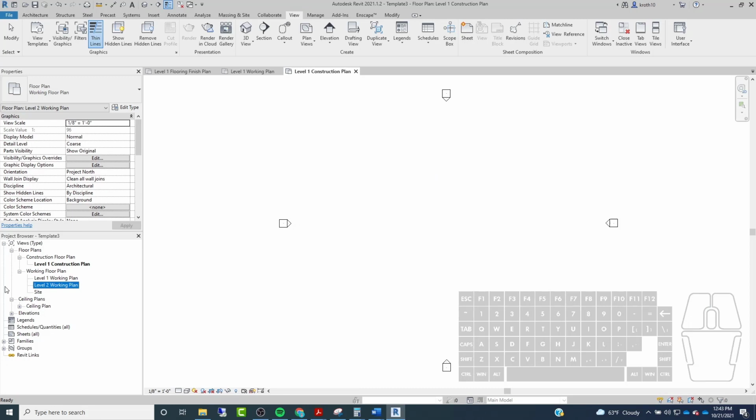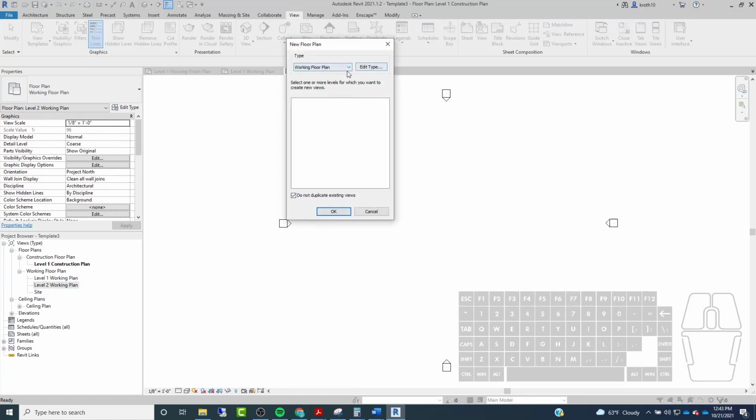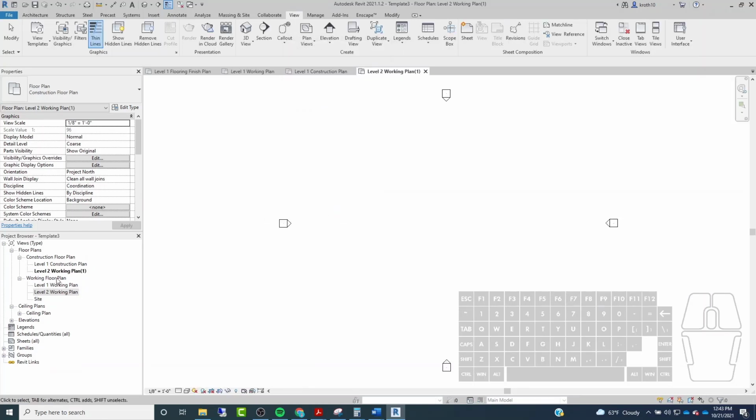Okay, and then I'm going to keep on going. So if I go back to view and then plan views, floor plan, change my type now to, let's see, let's go back to construction floor plan and do one for level 2. And you can see it's going to automatically name that for me. I'm going to need to tweak this. So construction plan. And then